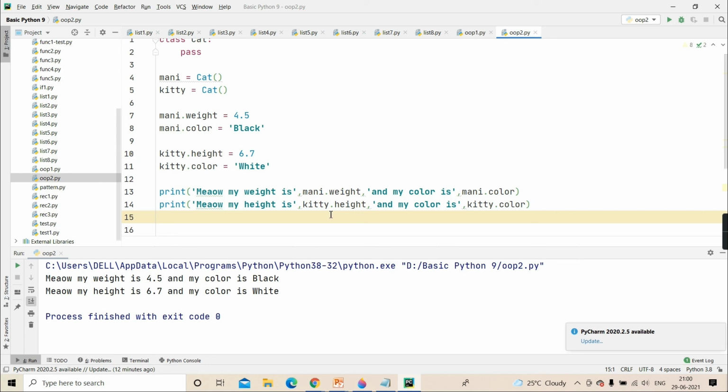That two objects of the same class can have different sets of properties. One can have one set of properties and the other can have another. Why is this possible? Because I told you every object internally automatically gets one dictionary, and these properties get added to that dictionary at runtime. So at runtime you can add any properties to the dictionary, which is allowed. Clear?